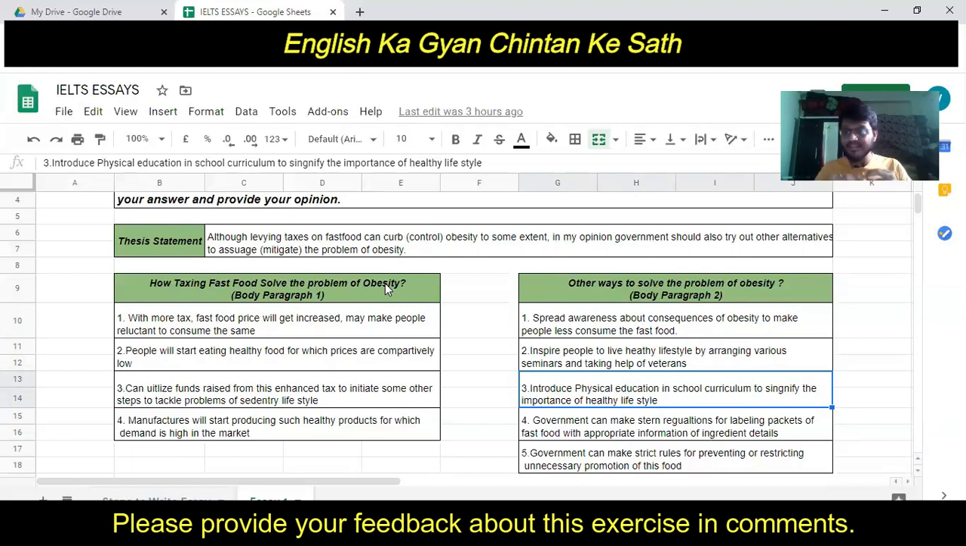That's why I am highlighting this sentence again and again, because you understand that in one particular paragraph you are going to write how obesity can be handled by a tax increase, and what are the other ways that the government can utilize for handling the problem of obesity. Now let's move to another point that I have written over here: the government can make some stern regulations for labeling packets of fast food